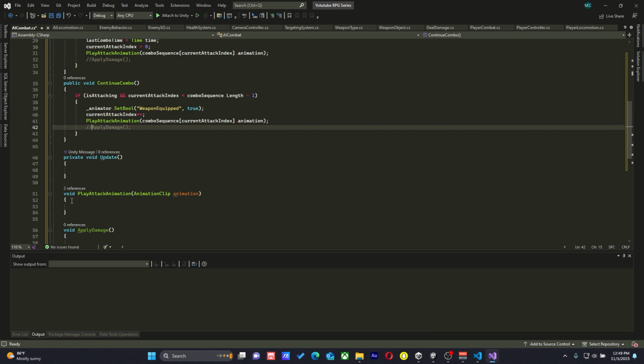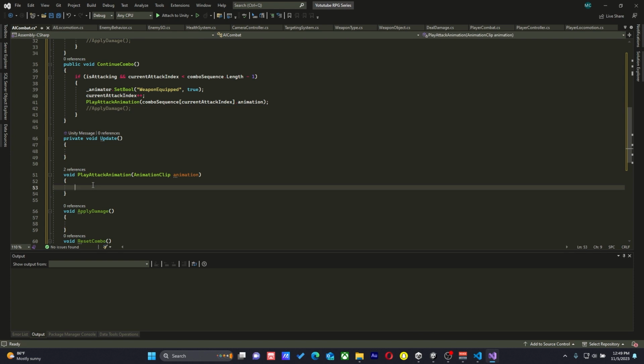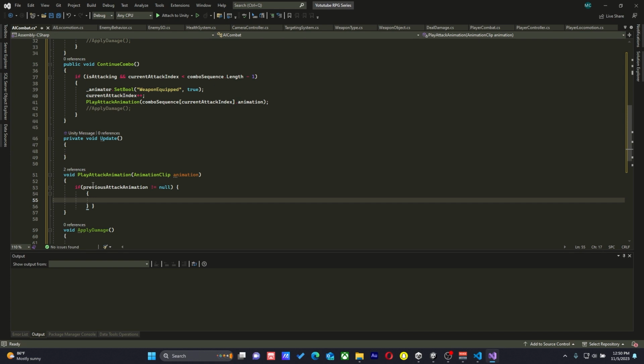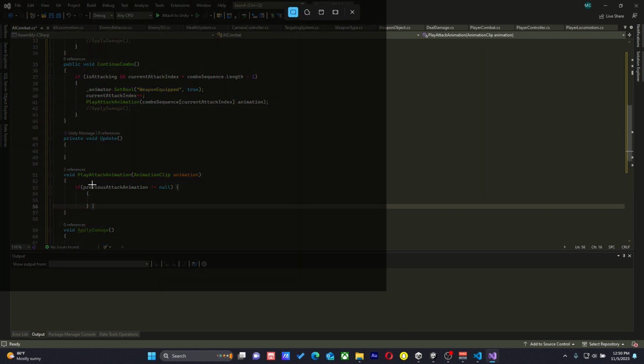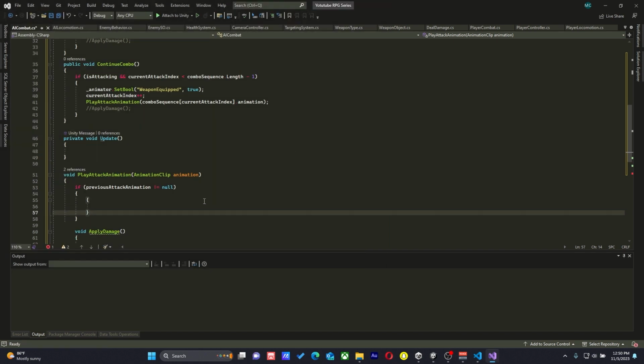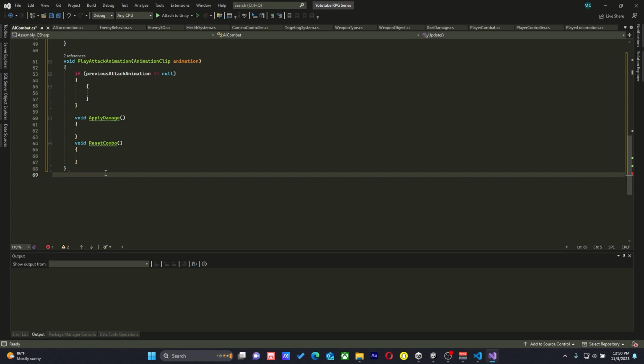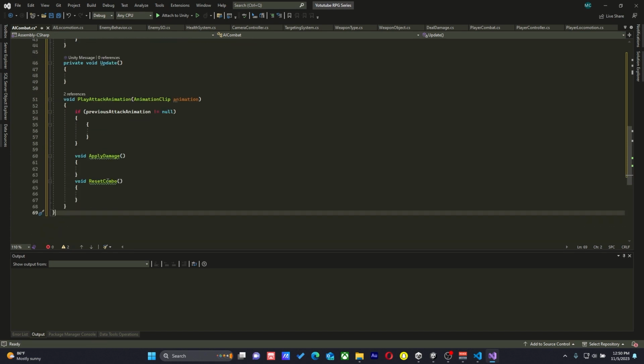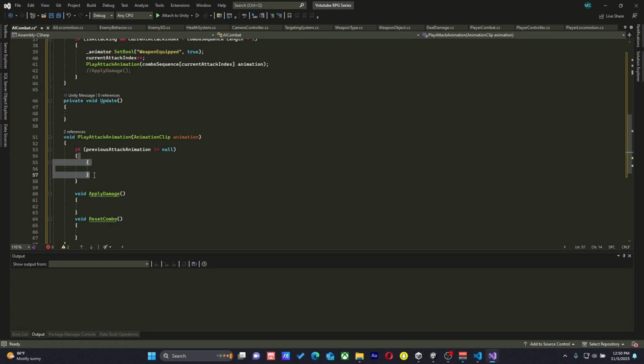But after that, those two are done. We're going to come to our play animation clip here, to this function. So we're going to say if the previous animation clip is not equal to null, so if it does have a previous animation clip, sorry about that. Okay, might need another. Yep. So if it does have a previous animation clip,